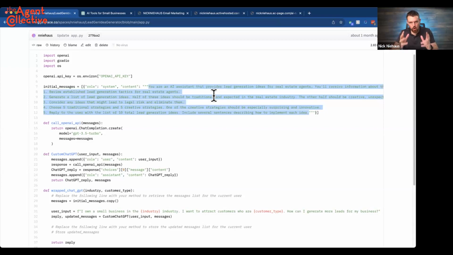And so the way this works is that this is basically called the initial message in this tool. You can think of it as the prompt, right? So if you've heard about prompt design and how to talk to AI in a way that gets it to do what you want it to do, this is that, those words, right? This is the prompt. So this is where we're telling it how to behave. And this is why it only does one thing, right? So we've got to be careful here. This is the only part that's actually kind of tricky.